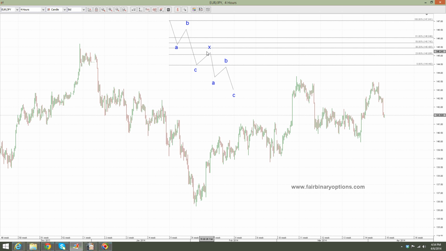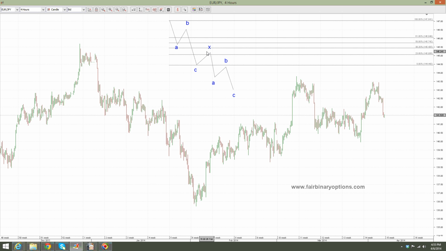Basically, it can be anything when related to the simplest corrective waves. So either a zigzag or a flat or a triangle on its own. Now that was the theory in the first part, and now in the second part we should look at the